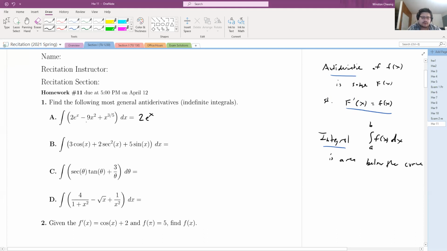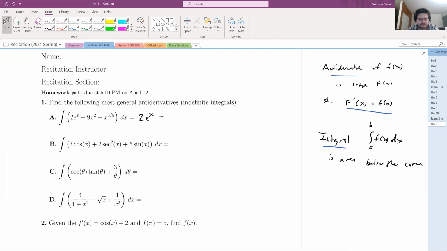For this 9x squared is a little bit more tricky. So if you want to think about power rule in reverse, right? Power rule says that you normally bring the power down and then subtract 1. Here, we're going to want to bring the power up and then divide. So the next term is actually going to be,